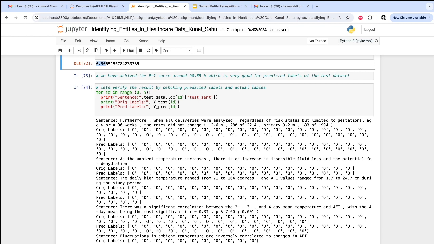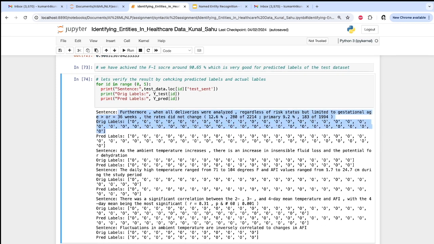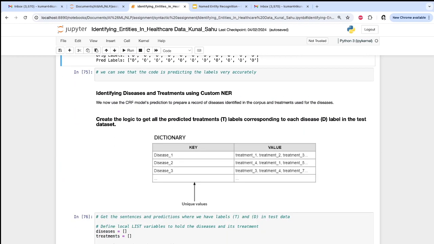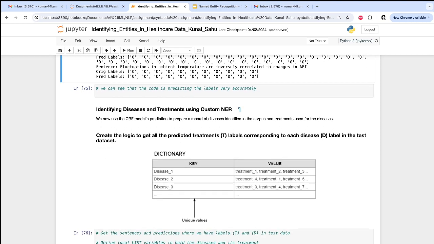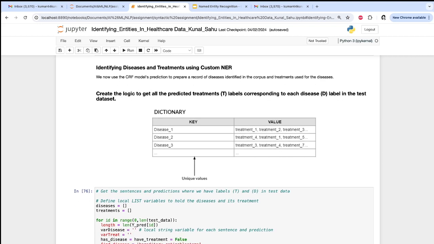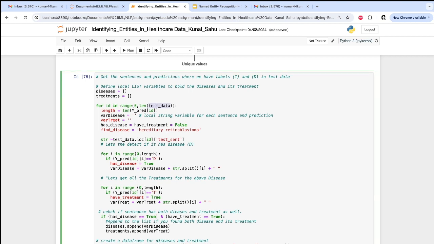Let's try to validate the result by comparing the predicted label and the actual label. So this is how we can get it. We have to identify the disease and treatment using the NER. So we have to build one custom model and create logic to get all the predicted treatment labels for the test data. What we do is pass the test data and check the length of the predictions for that specific sentence,